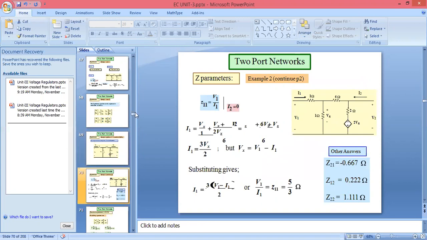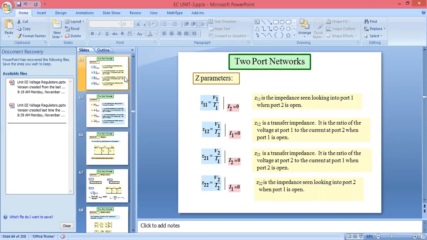I have only used these 4 equations. By using these 4 equations, you will get the values. But if you are not having the value of V1 and I1, you cannot directly take it. If resistors are connected in series, you can take the additions directly. If the resistors are connected in parallel, you can calculate the equivalent resistance: 1 upon R equivalent equals 1 upon R1 plus 1 upon R2 plus up to 1 upon Rn. Like this you can solve.